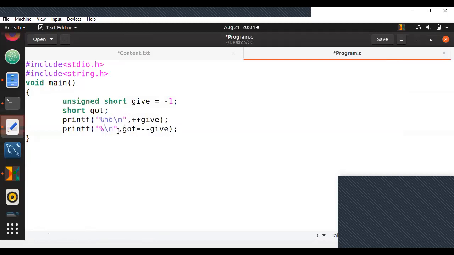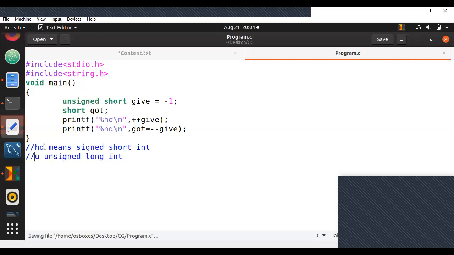Remember, when you try %hd, this means it is signed. hd means signed short int. %u means unsigned long int. This is what it means. So when I'm printing the output as hd, that is signed short int.